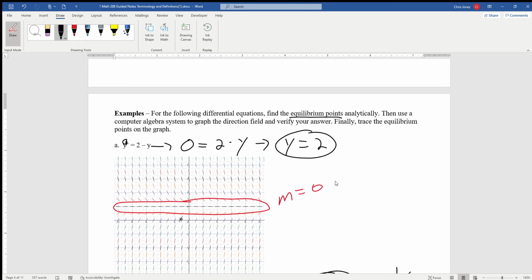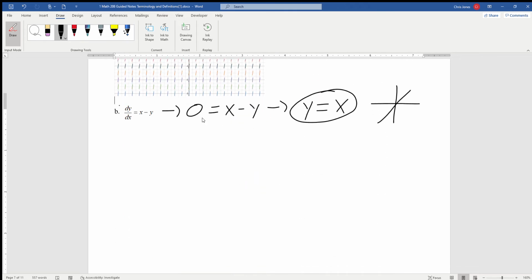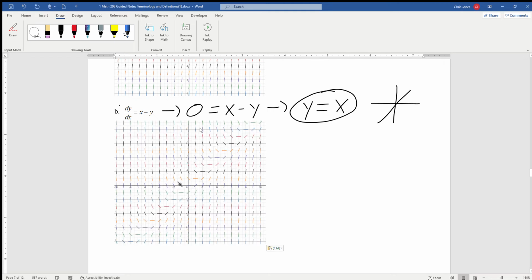Let me go ahead and incorporate that graph into this image. Okay, so I went into Desmos and plotted the graph. Here's our graph. Let's take a look at the line y equals x. You have to be really careful because it passes right through the origin. But if I plot that line as best as I can, then we end up